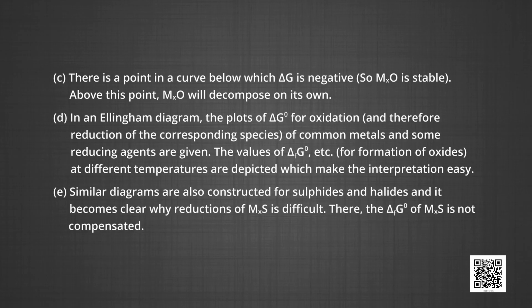Similar diagrams are also constructed for sulfides and halides, and it becomes clear why reduction of metal sulfide is difficult. There, the delta G naught of formation of metal sulfide is not compensated. The reducing agent gets oxidized to its oxide, and in turn the metal oxide is reduced. The role of the reducing agent is to provide a delta G naught negative and large enough to make the sum of delta G naught of the two reactions, oxidation of the reducing agent and reduction of the metal oxide, as